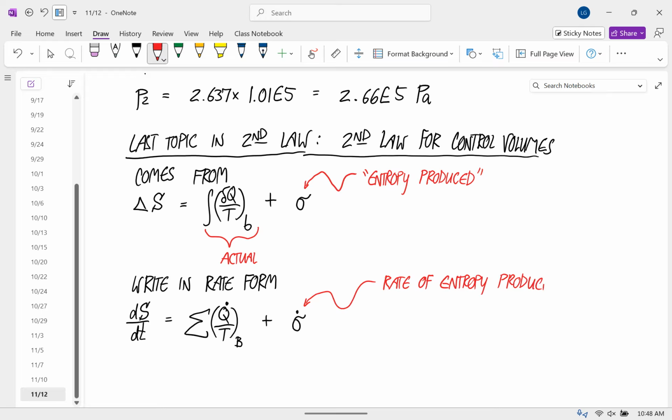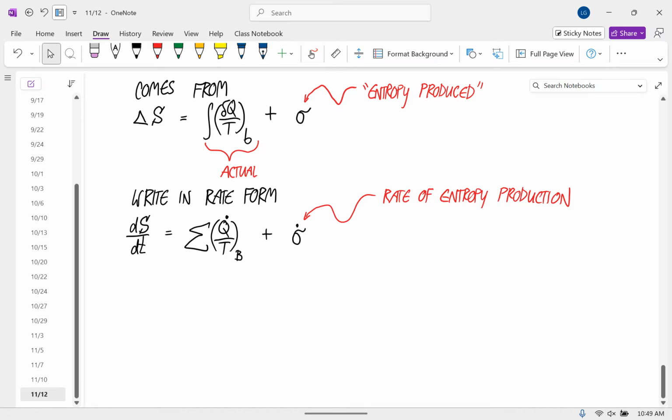And now, just like we did with the control volume version of the first law of thermodynamics, we considered what's happening inside the control volume, and then we considered, in that case, it was the energy that's being carried in at the inlet and the energy that's being carried out at the exit. In this case, it's the same, but we're just going to think about the entropy carried in at the inlet and the entropy carried out at the exit. And so the form that we're going to get is